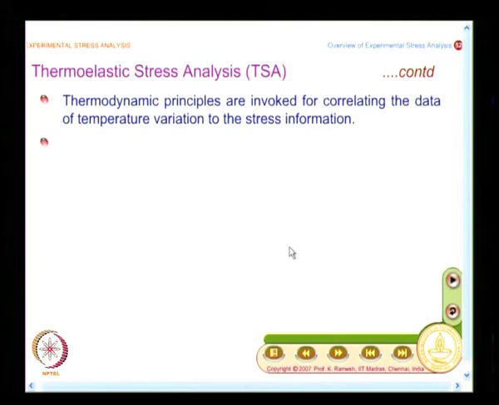So, as you go advanced, you also have more complicated mathematical development for you to interpret experimental data, and you have to be very careful in conducting the experimental method. You should be worried about other thermal sources, you should suppress those, because you are essentially recording the emissivity of the surface, whatever the emissive characteristics, and if you have other sources of thermal disturbance, they have to be suppressed. So, the experiment has to be conducted very carefully,